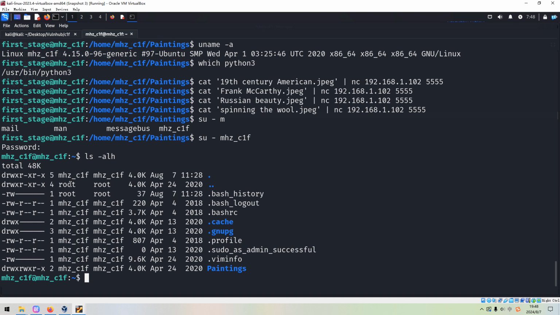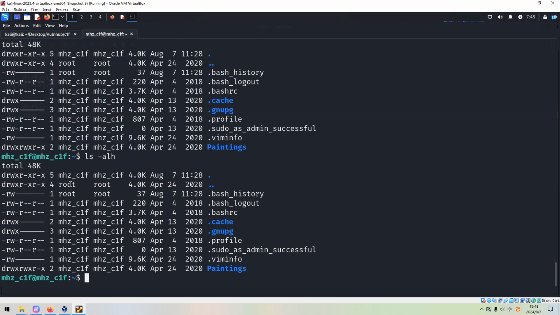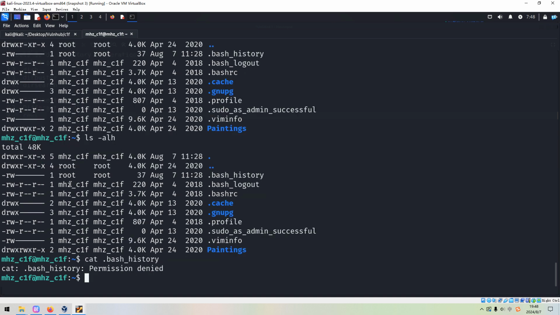the lateral movement. So what do we have to do next? We need to elevate our privilege to root user. So how? Of course we need to check something. For example, like a bash history. So nothing there.